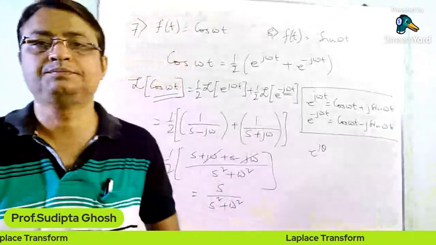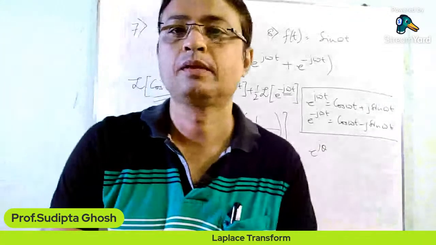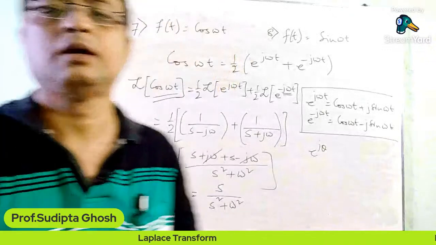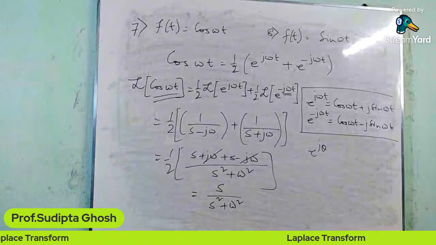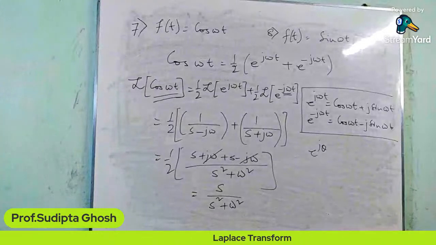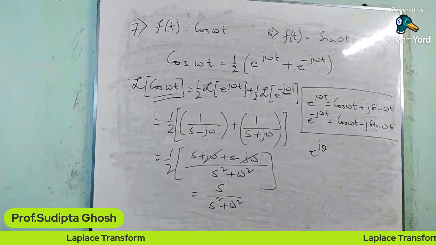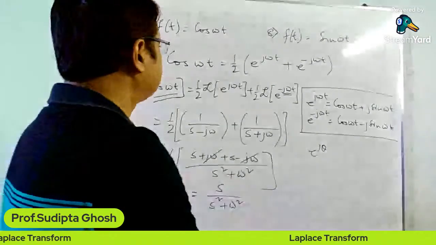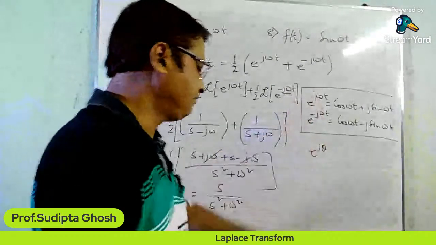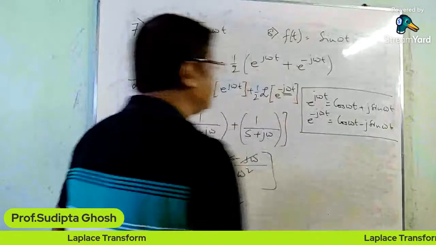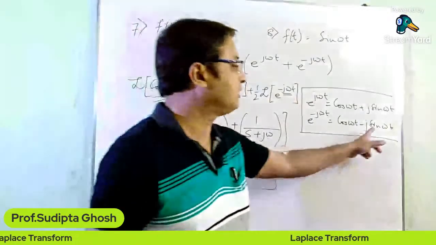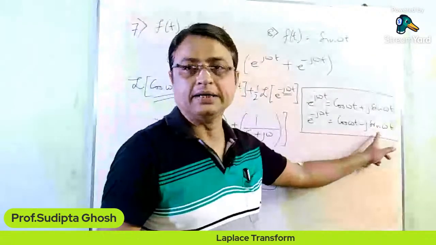So up to this, okay. So after finding the value of cos omega t, we have to go forward to find the value of sin omega t. And sin omega t, as I have written in exponential values, that is e to the power j omega t, e to the power minus j omega t. So to find the value of sin omega t,